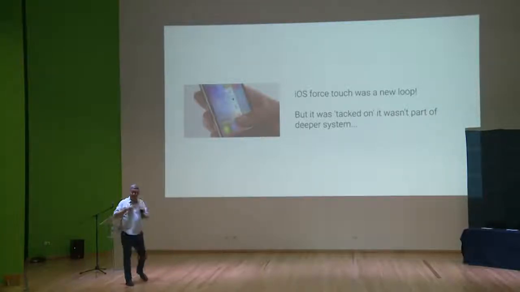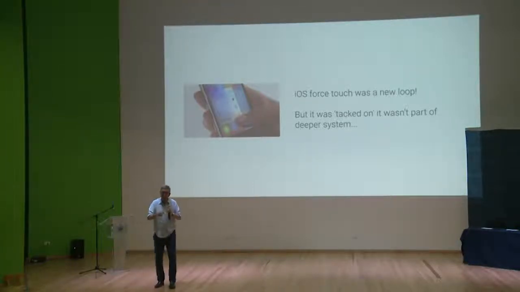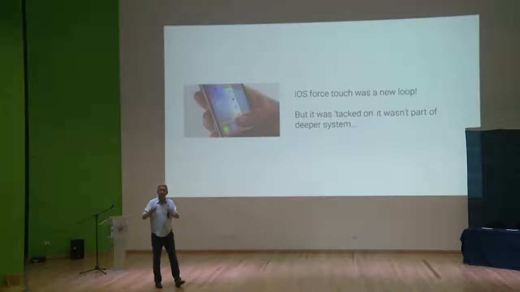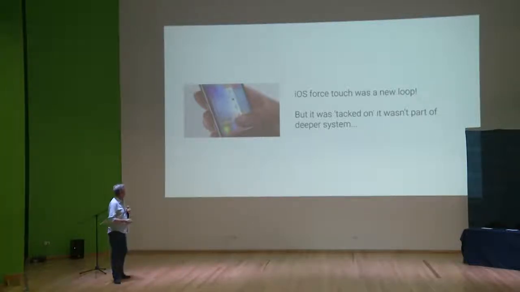because I would argue they didn't have a clear loop. When do you tap and hold, and when do you force press? And they each did different things. So from the user's point of view, they couldn't make a clean loop. It wasn't clear when they did it, and users were confused. So it wasn't a well-structured loop, so it wasn't used, developers didn't use it, and now they're taking it out.